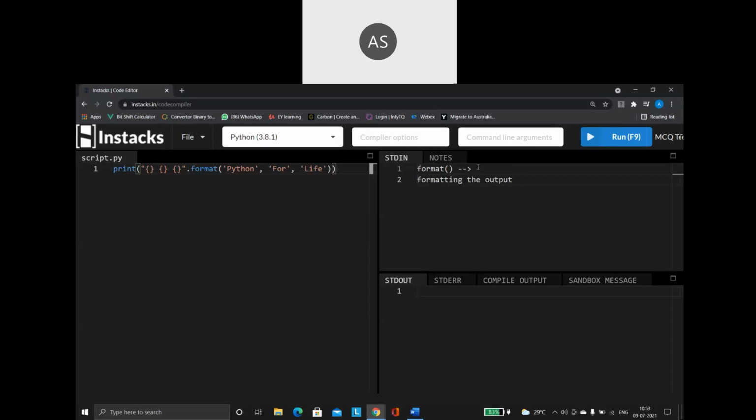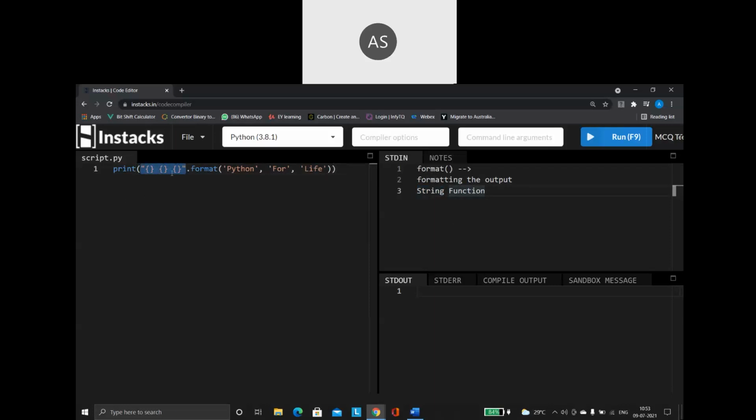Remember, this function is a string function. So this is very, very important. It is a string function, so I can make use of the format function only on my strings. This is one thing you have to 100% remember. Format function is a string function. You see how I'm using this?